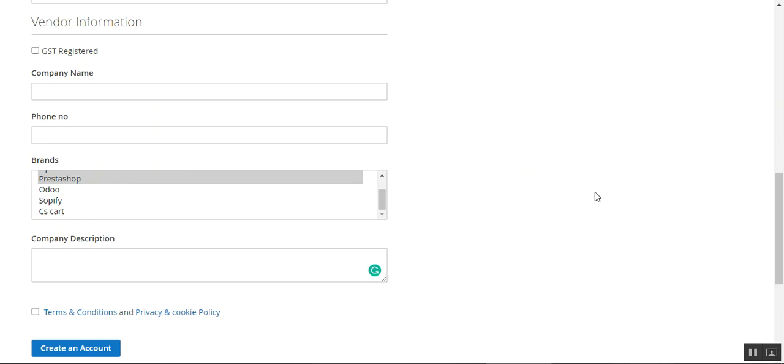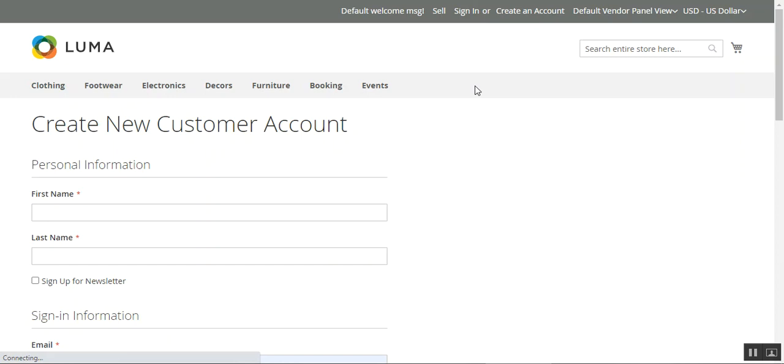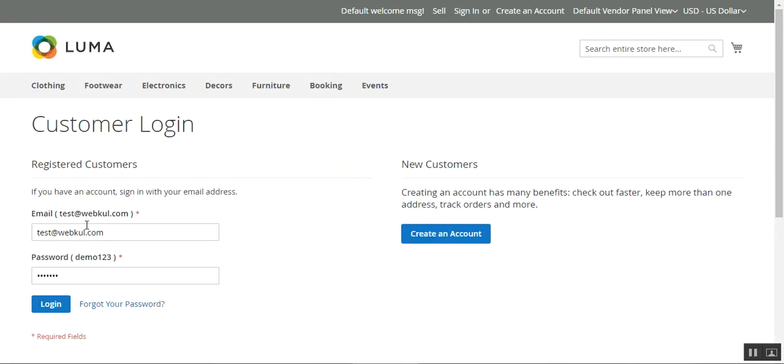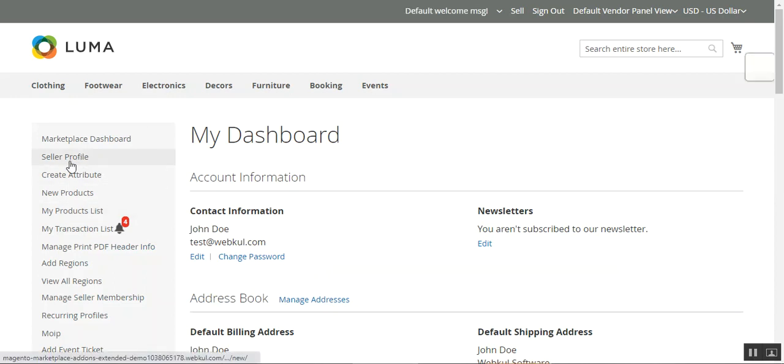For that, I'll just log into my seller panel account first. I'll tap here on the sign in button, and thereafter I'll enter my username and my password to log into my vendor account within the Magento 2 multi-vendor marketplace by Webkul. After login, on the side panel under my account, we can go to the seller profile section on the left hand side, as you can see. Let me open that up in another window. We'll just navigate to that particular page,